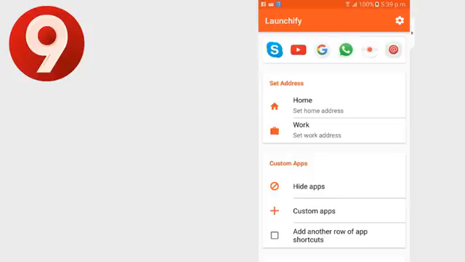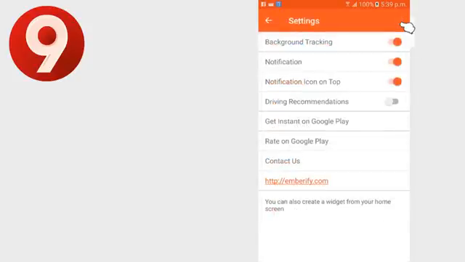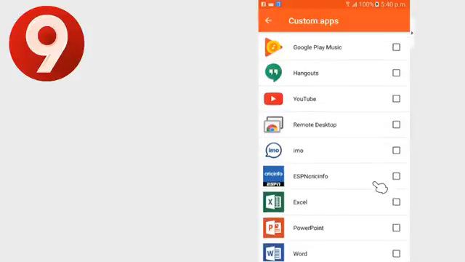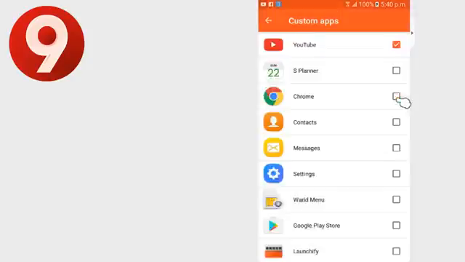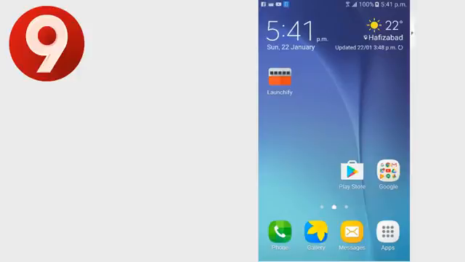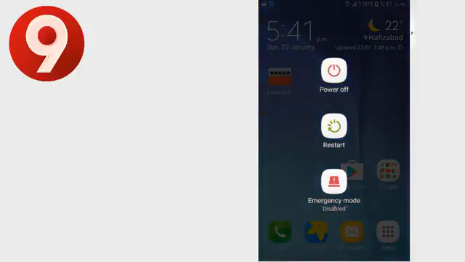After this, you need to go to settings, which is located on the top. You need to enable the first three options, which is background tracking, notifications, notification icon on top. After you completed the step, it's time to restart your Android device.